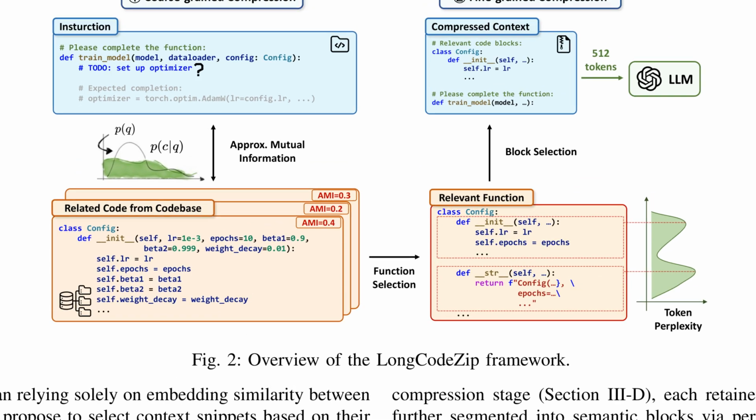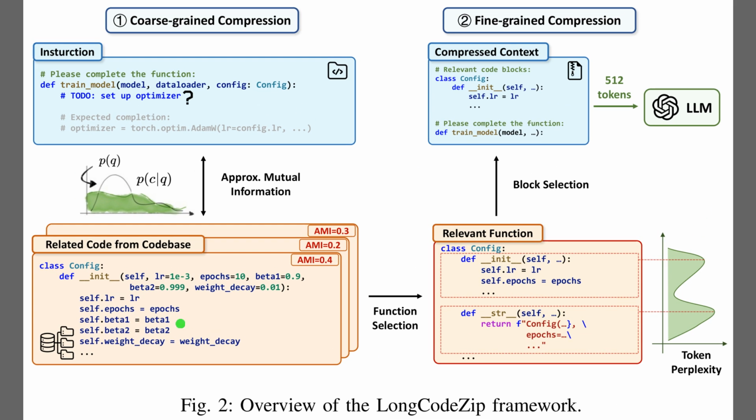code. Alright, Figure 2 shows the LongCodeZip pipeline that compresses long code by choosing snippets which most reduce the model's uncertainty about the instruction. Approximated mutual information means we score a snippet by how much it lowers perplexity when predicting the instruction. On the left, coarse-grained compression ranks functions and keeps only the most relevant ones under a budget. On the right, fine-grained compression splits each kept function into blocks and selects the highest scoring blocks to meet the